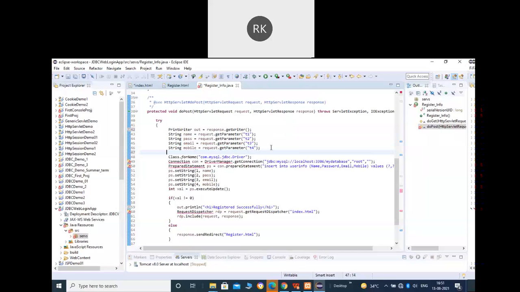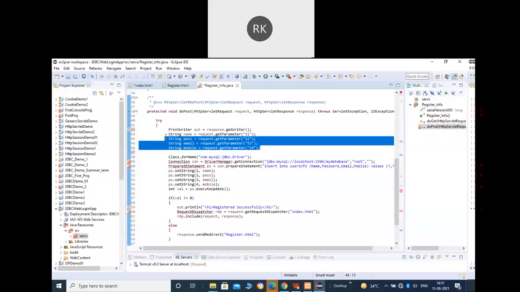First of all, we have created a print writer object, and after that you can see, here we also have the date of birth, but in the registration form I don't have the date of birth. So let me remove the T5. We have only T1, T2, T3, and T4 text boxes where we are asking for name, password, mobile number, and email. I think it should be clear. So here we are asking about T1, T2, T3, and T4. The values are the name, password, mobile number, and email.